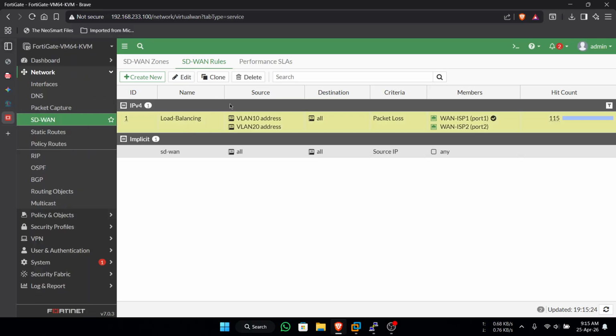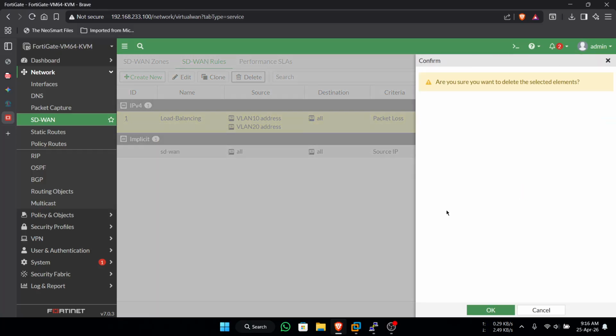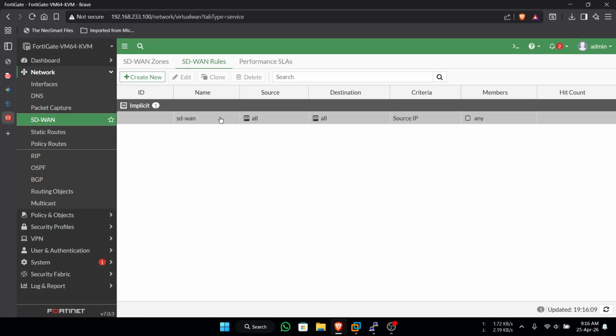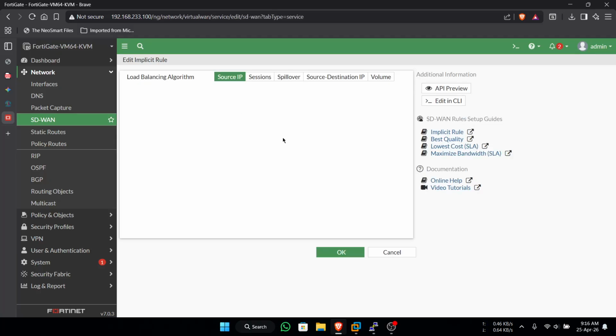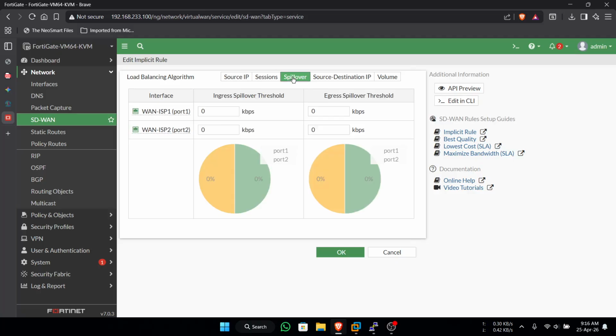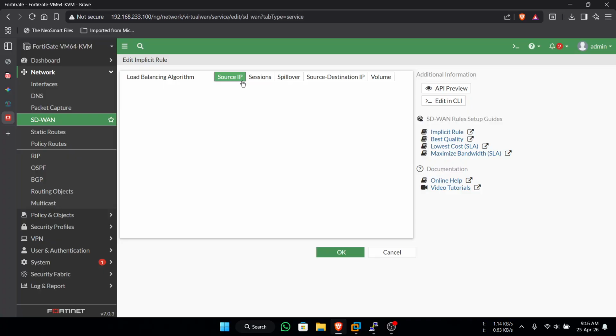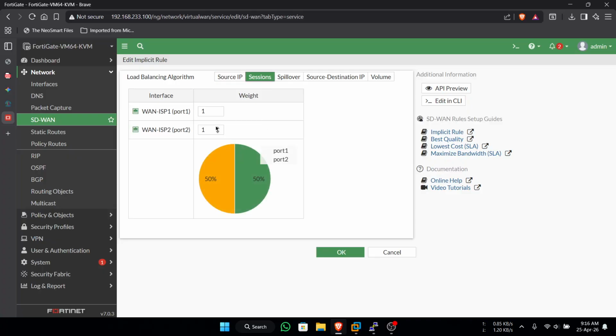Next, the third option: if you do not have SD1 rules, manual rules, the SD1 will automatically use implicit rules. So I will delete this. Okay, here implicit rules, this is the default rule. You can click 2 times, and in implicit rules you can set the parameter here, like maybe source IP and session.